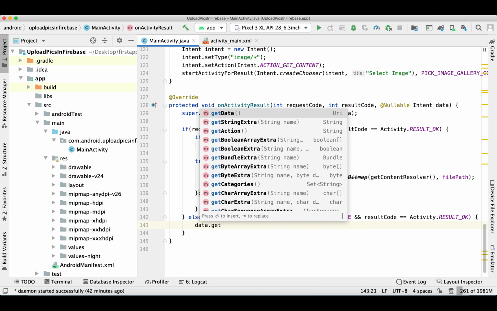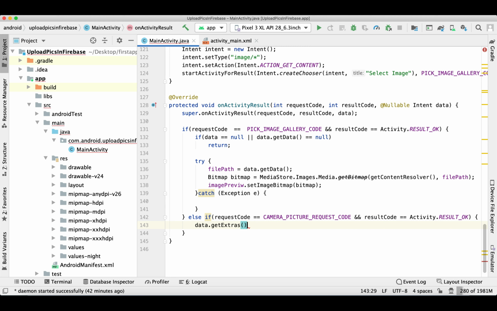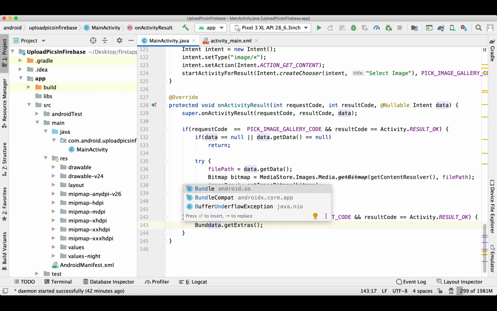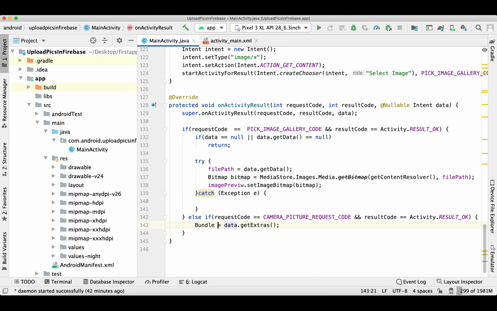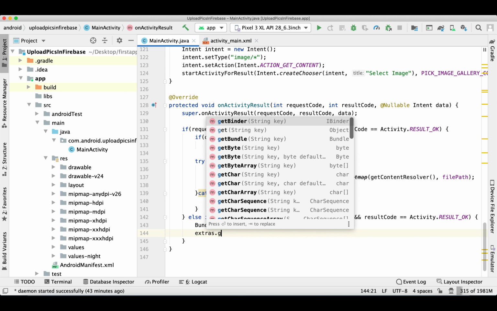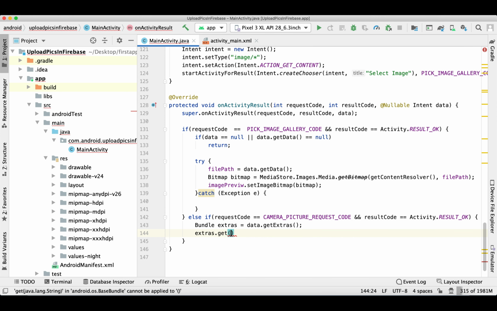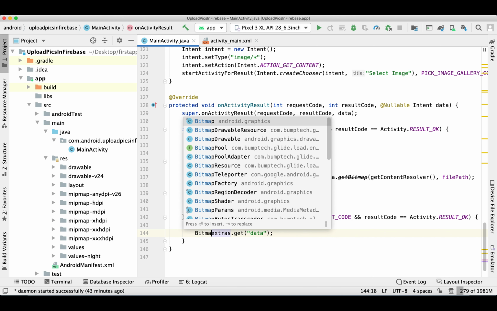Here we'll get the data.getExtras, that is the bundle. It will return as the bitmap.